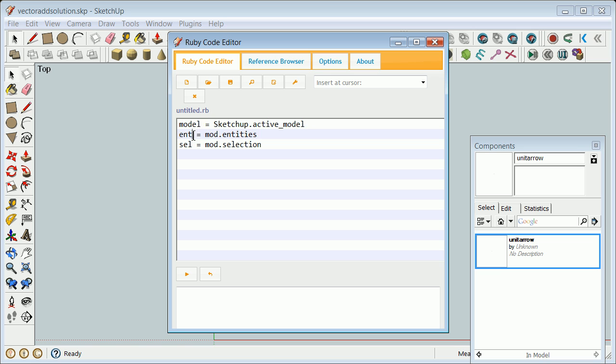model, entities equals model.entities. We have selection equals model.selection, and you'll see me trying to keep these consistent. This is Alex Schreiber's Ruby code editor. It's very similar to what you have from Jim Foltz. And then we have definitions equals model.definitions, and then we have, remember, view equals model.active_view, and then entities,